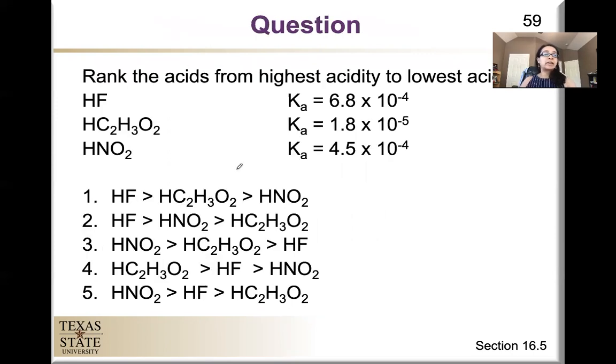All right, so here we're going to do an example in which we're going to rank the acids from the highest acidity to the lowest acidity. Go ahead and pause the video and see if you can answer it yourself. All right, so if you came back now, what we need to do is to rank them from the highest acidity, which means the highest Ka,